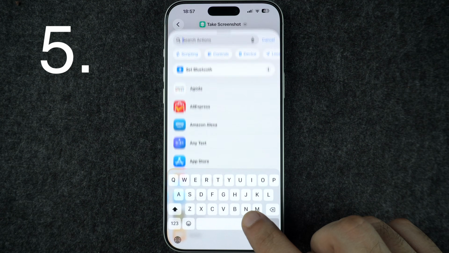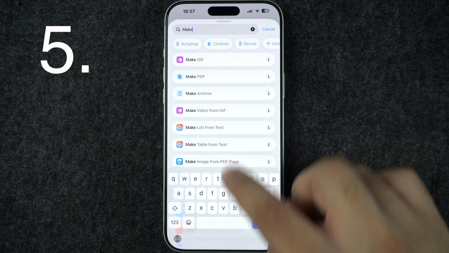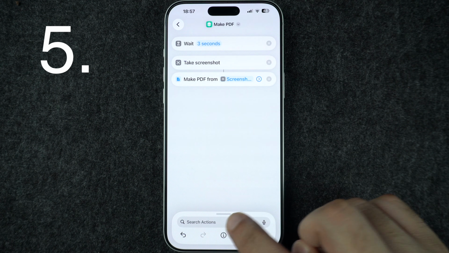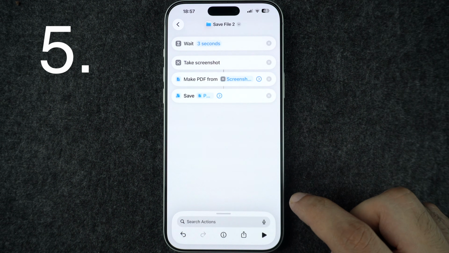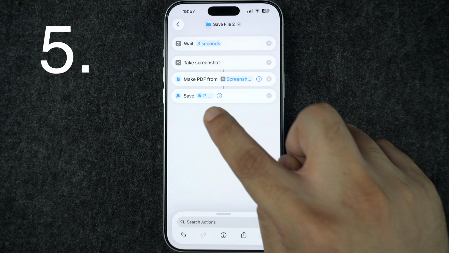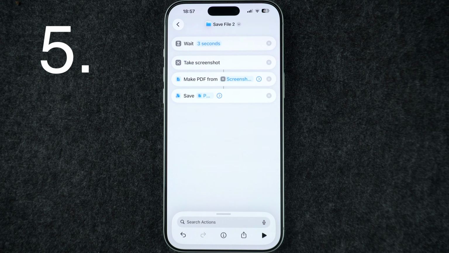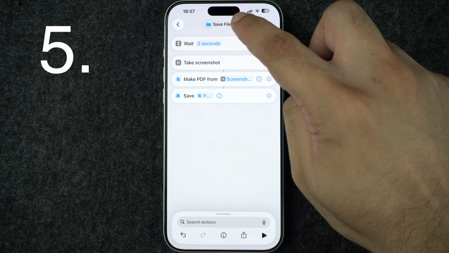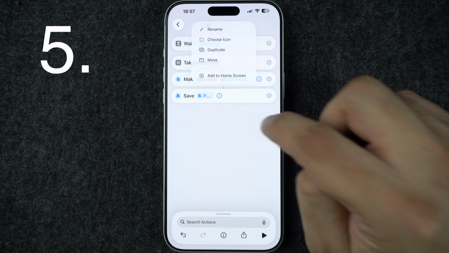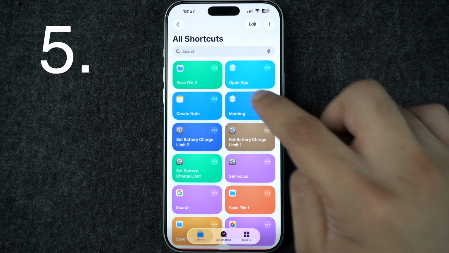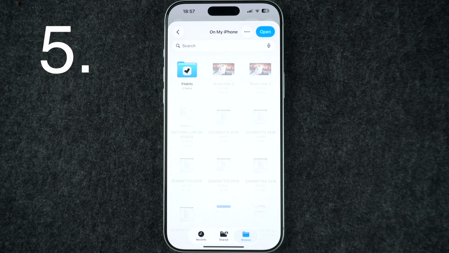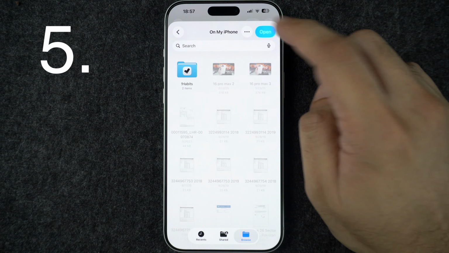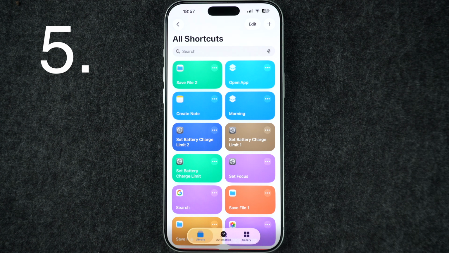Next, search for make PDF and select it. Now tap on the search bar again and search for save file and add it to your shortcut. You can choose where to save the PDF file, like iCloud Drive or on my iPhone. Now tap the drop down button, rename it to screenshot to PDF and tap done. Now whenever you run this shortcut, it will wait 3 to 5 seconds, take a screenshot, turn it into a PDF and then save it to the Files app. You can also enable this in the share sheet, so whenever you run this shortcut, you can instantly convert it